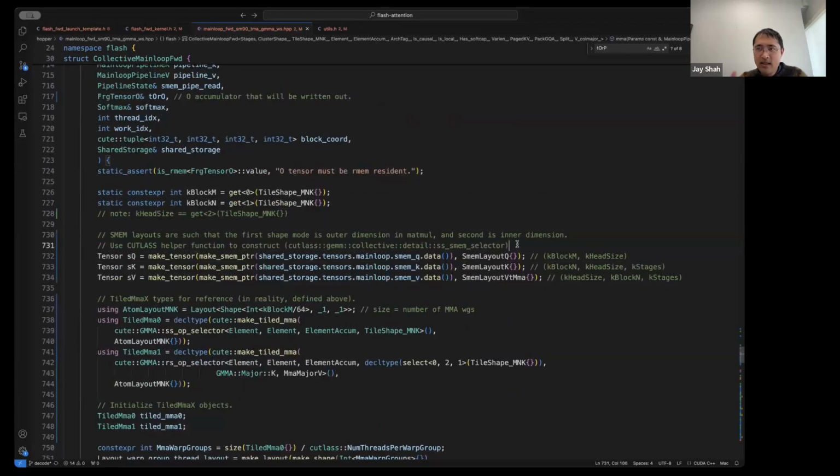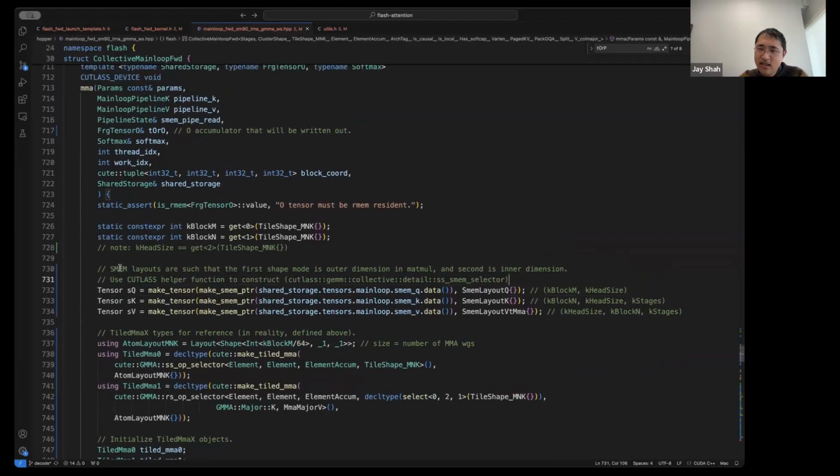To summarize, the first thing you do in this MMA method is to construct the shared memory tensors. Cutlass automates most of this process for you. The thing that you just have to decide on is what these values K block M and K block N will be.